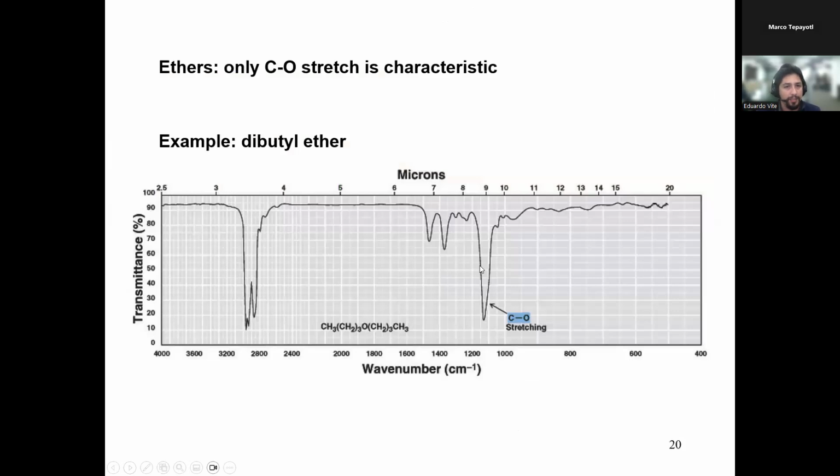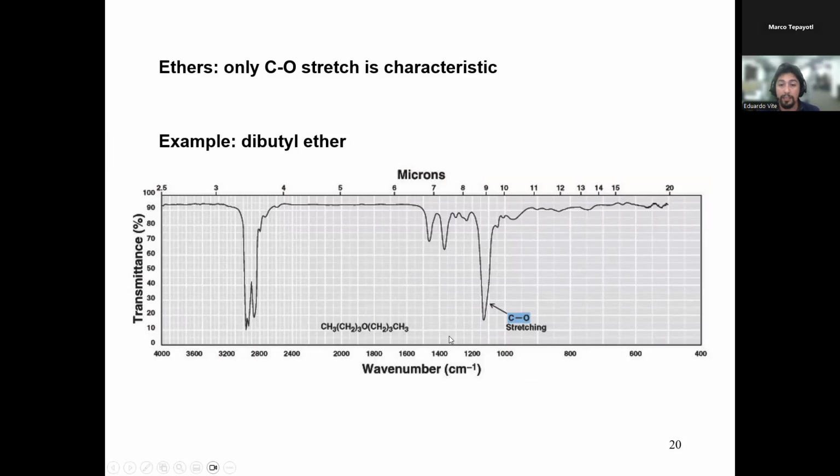And so let's see, dibutyl ether. This is ethers, and ether is a carbon oxygen carbon functional group. Here, the only thing you can observe is just carbon oxygen stretching. So notice that even though the intensity is strong, it stops at around 20% of transmittance, and it is not